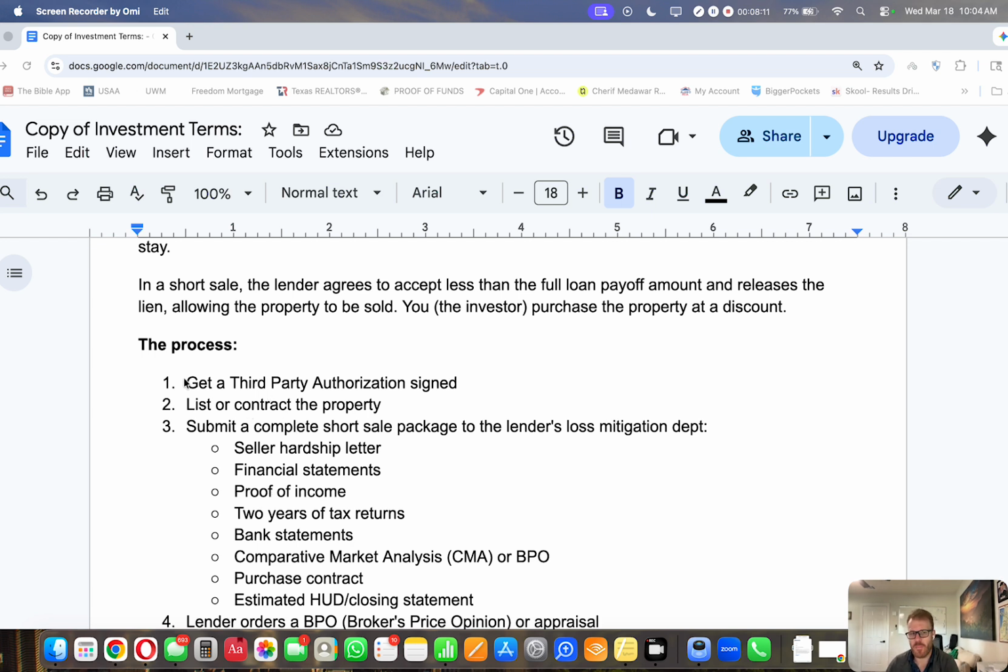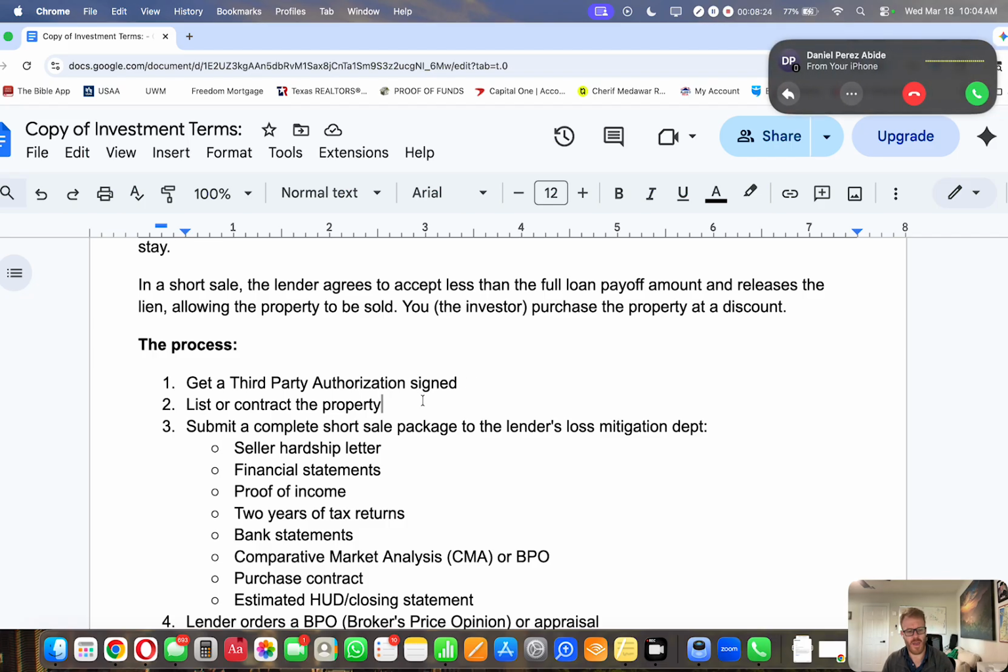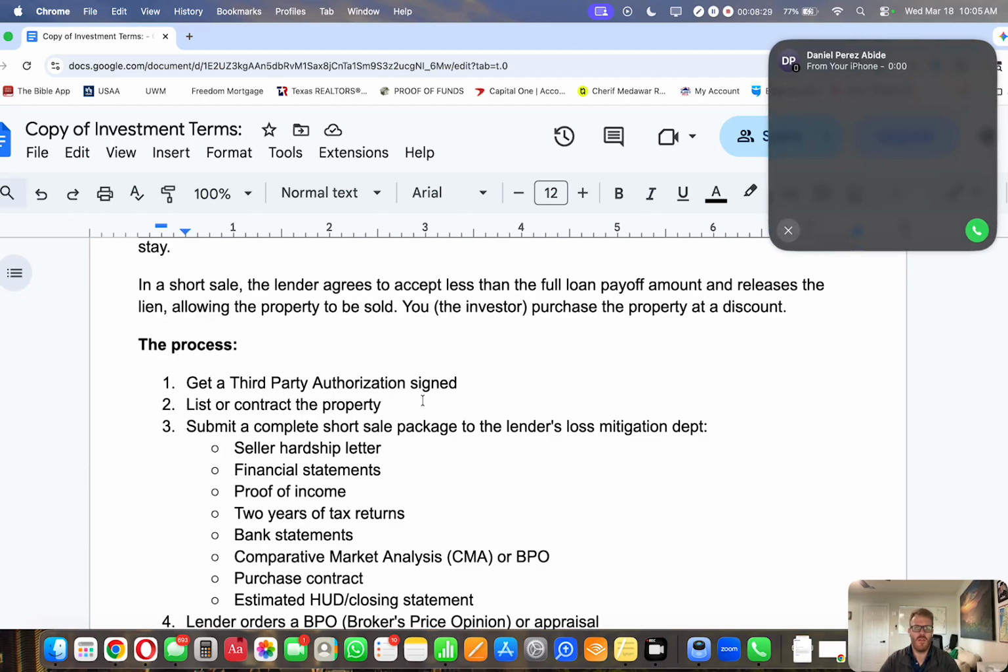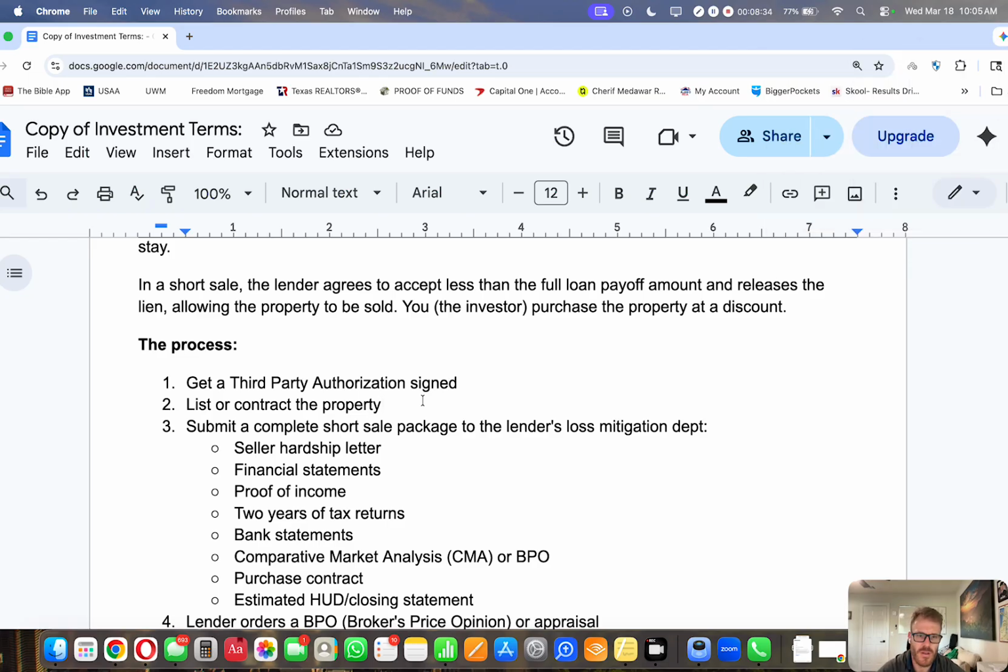What is going to have to happen is they're going to have to get a third-party authorization signed, which is going to allow the agent or the investor to talk with the lender. They're going to have to list the property on the MLS, and they're going to have to complete a short sale package to the lenders. Each lender has a loss mitigation department. They want to mitigate their losses. So they're going to have to provide a hardship letter, some financial statements, proof of income, tax returns, bank statements,